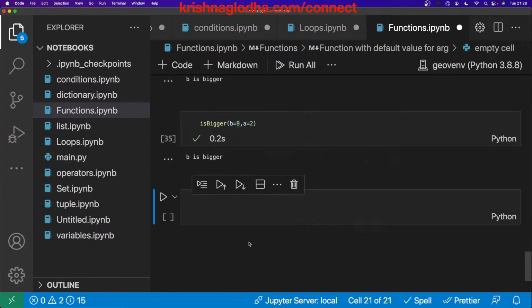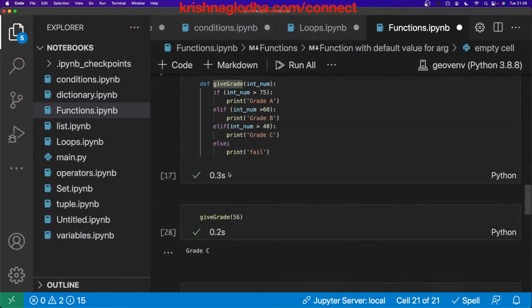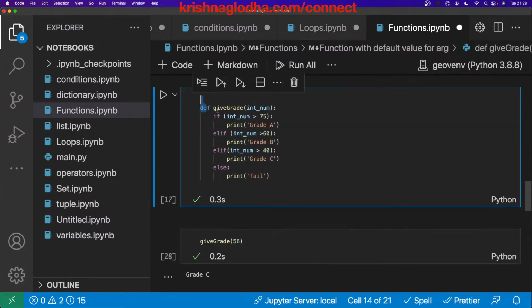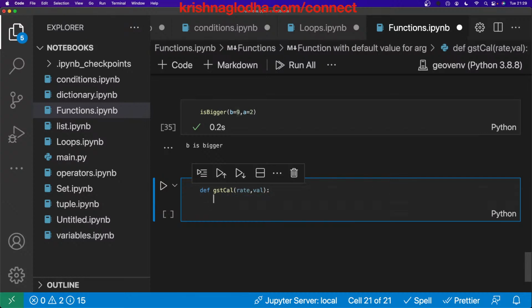Okay, finally we will also see what lambda functions are. So far, we were defining a function, giving it some name and using the variable. But there are a lot of times we want to write a function which will execute a very simple thing. For example, let's say I have a function known as GST calculator, where I will take the rate of GST and the value, and then I will print